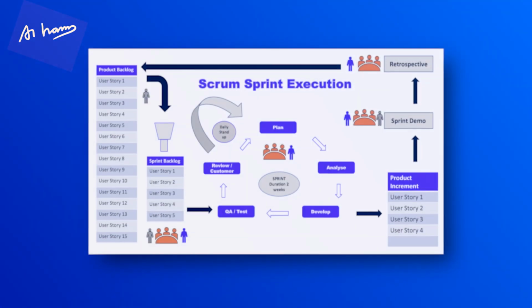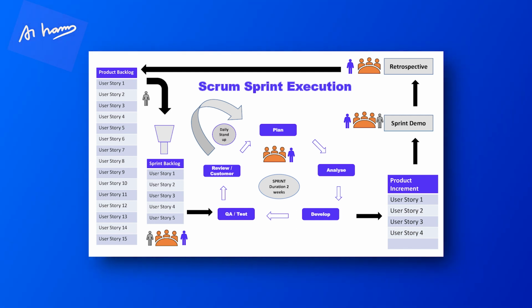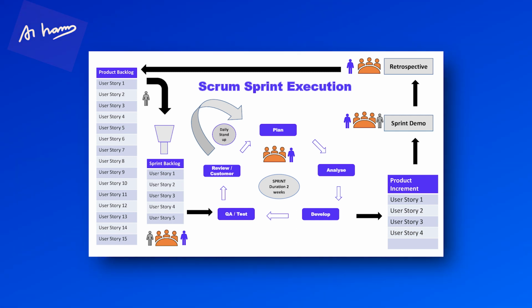Now, I want to talk about the Scrum sprint execution. In front of your screen, you will see a flow diagram wherein we start off with the product backlog maintained by the product owner, who's in orange color. Then he filters this product backlog into the sprint backlog in the sprint planning meeting. He works with the developers and the Scrum Master, and then the sprint backlog is built. From the sprint backlog, the iteration goes for 10 days. If it is a 4-week sprint, it goes for 20 days, right? And during this duration, every day a daily stand-up happens wherein we are inspecting and trying to take a course correction.